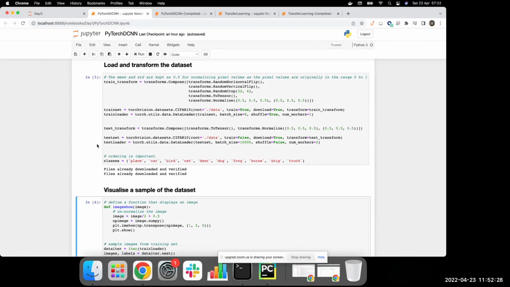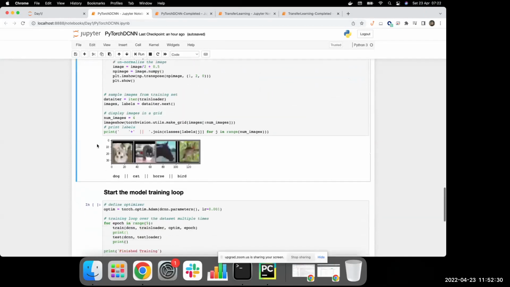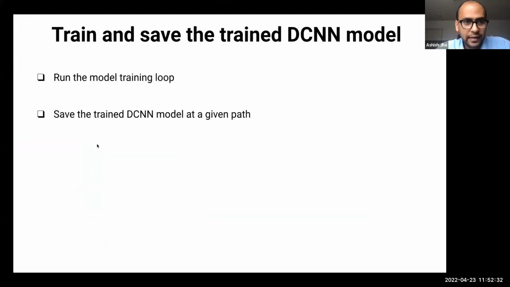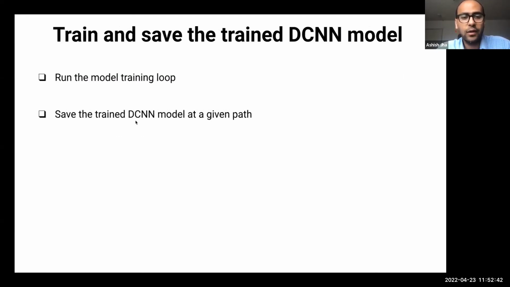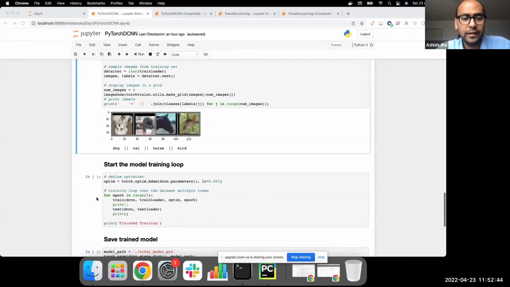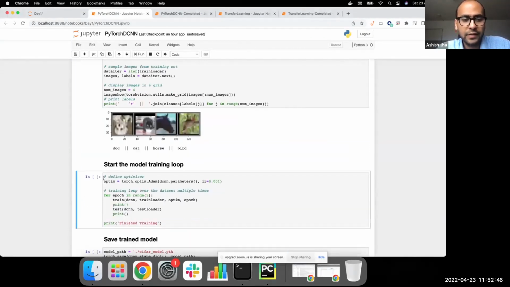Okay, thank you. Cool. Okay, so as I was saying, we will do these 2 steps. We will first run the model training loop, and we will go there in a bit. And finally, once we have our trained model, we will save the trained model at a given local path. So as I was telling while answering one of the queries before,